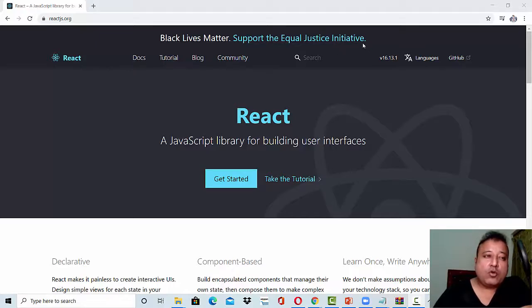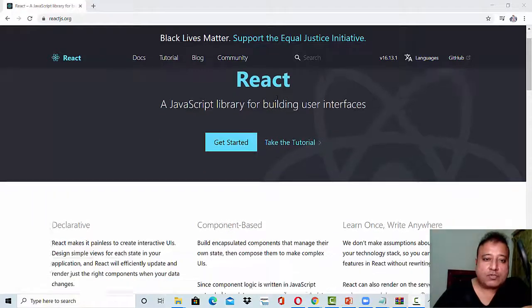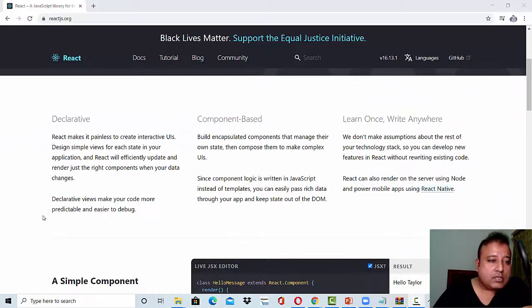And if you ask me what could be components here, this is just my assumption. I would say that this nav bar could be one component. This banner can be another component, and if you scroll down, these individual sections can be components. You see they are all the same component, but the only difference is the data. If you see the structure of these three sections, it is the same. The only difference is in the